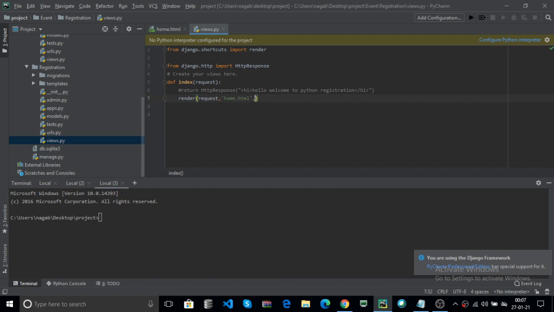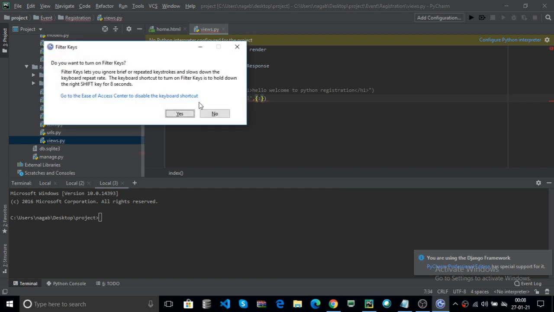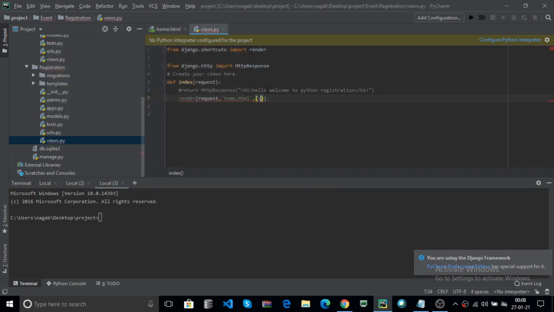The third one is the dictionary, the context variable. The dictionary contains key and value. Here, for example, pass name and pass Chintu. This is the dynamic way.